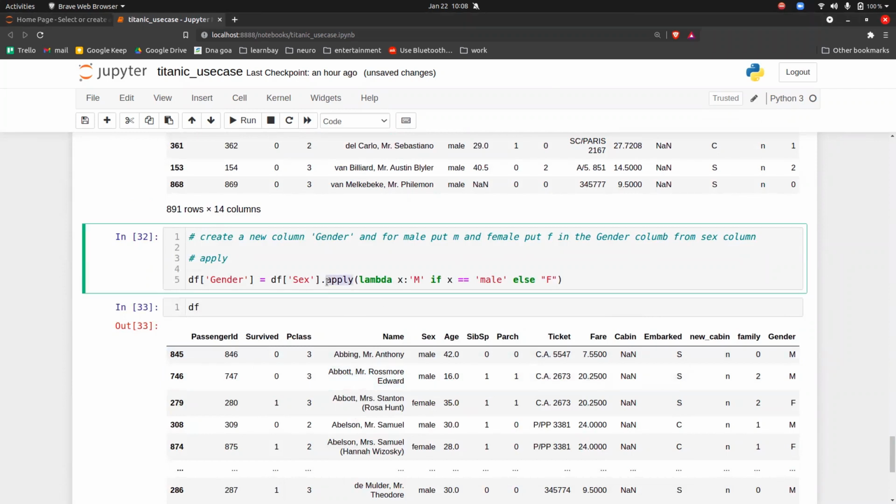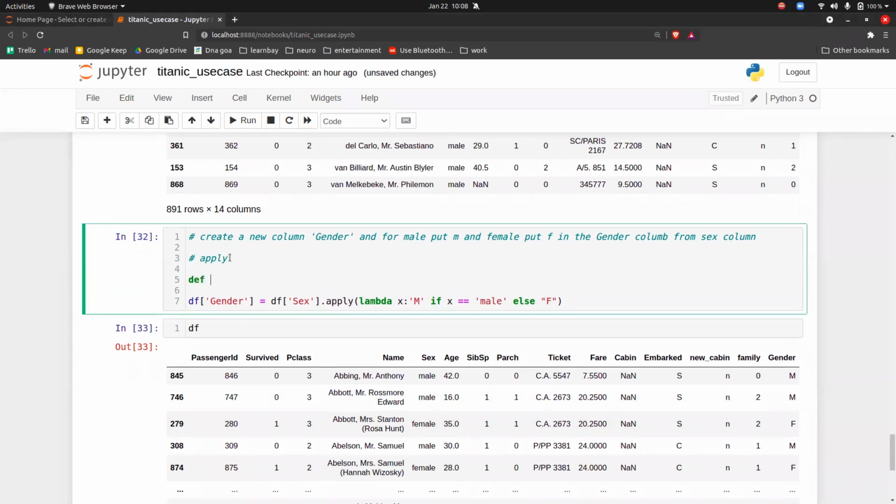This is a new technique that you can use a lot to play with the data. There are other ways also, but this is one of the ways with the apply method. If you have any doubts, anything you want to ask, please go ahead and ask. So in apply, a function goes as an input. In apply the function, okay, let's try.